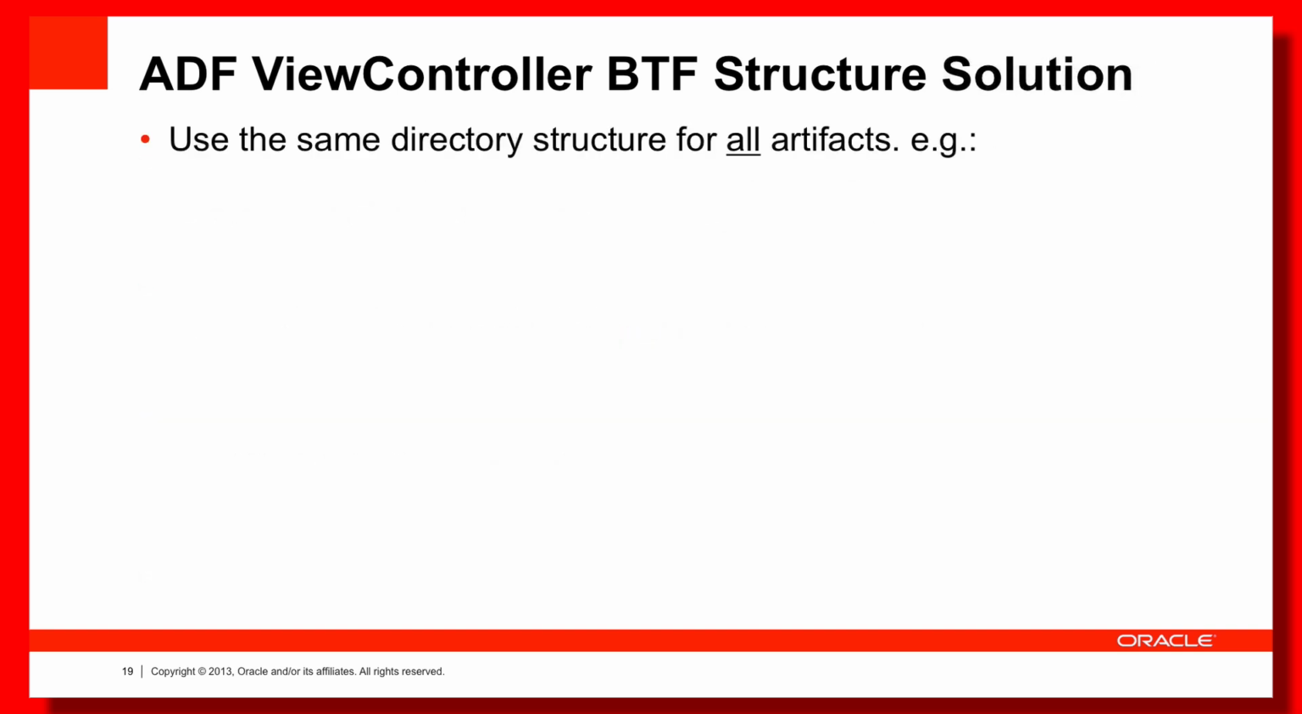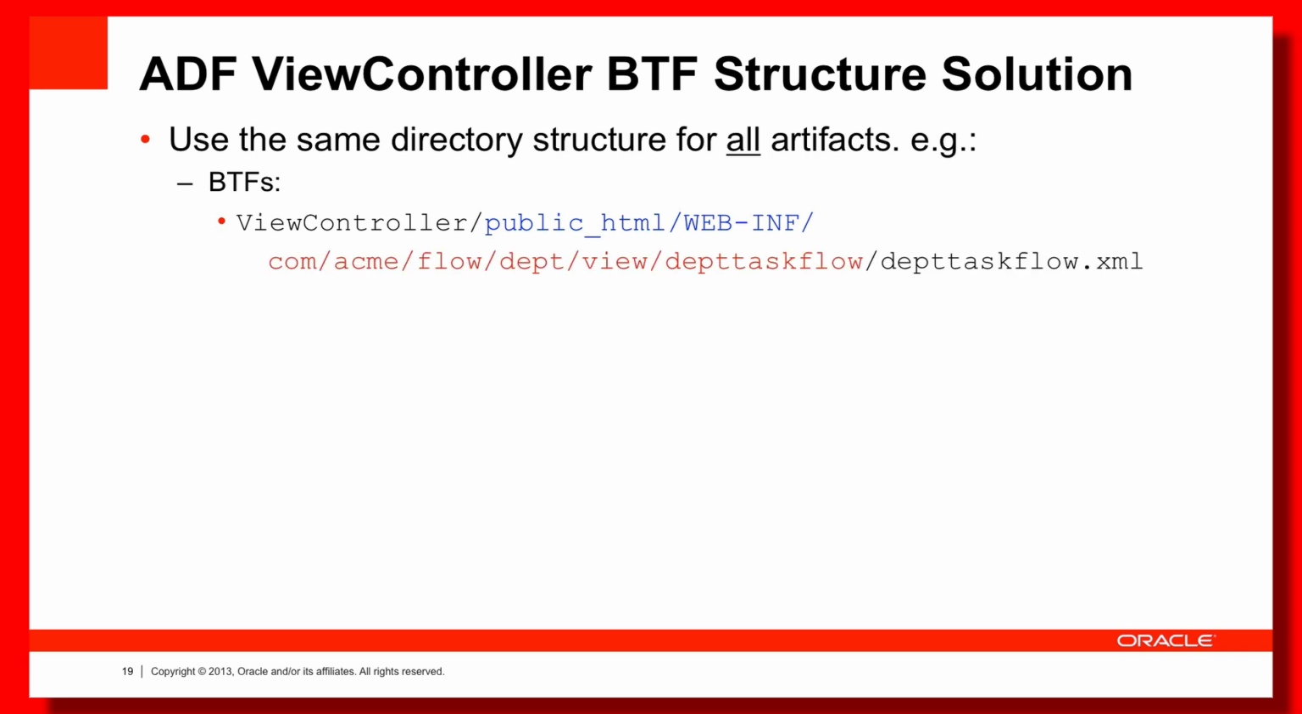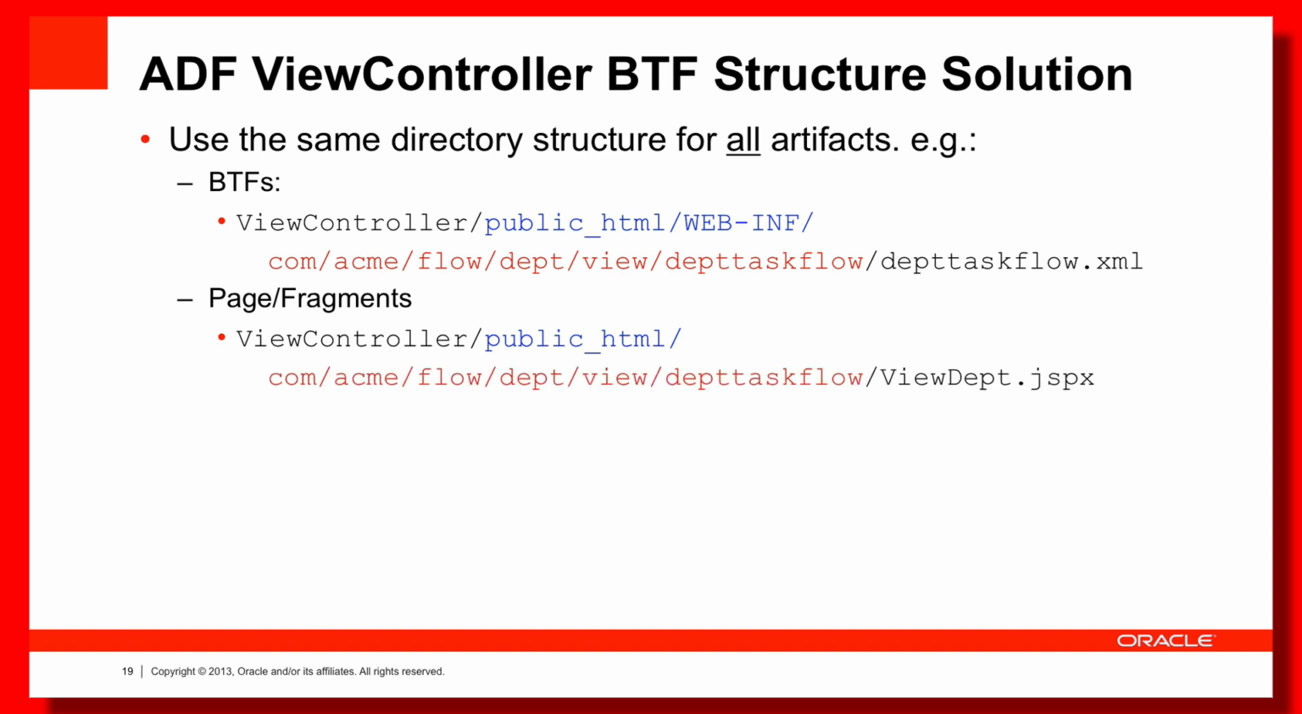So the goal here is to use the same directory structure for all artifacts. So for our bounded task flows, rather than just putting them in ViewController public HTML web inf, we'll include a subdirectory structure of the default package for the project com acme flow department view and the name of the task flow and then the relating task flow file. In addition, where we previously put pages and fragments under ViewController public HTML, now let's include a directory structure, com acme flow department view department task flow, and there you can see an example of